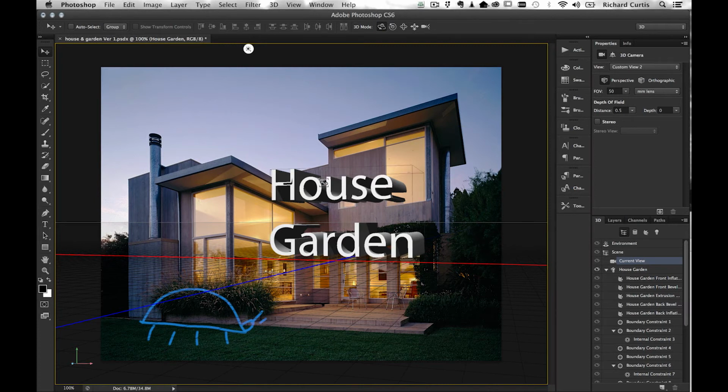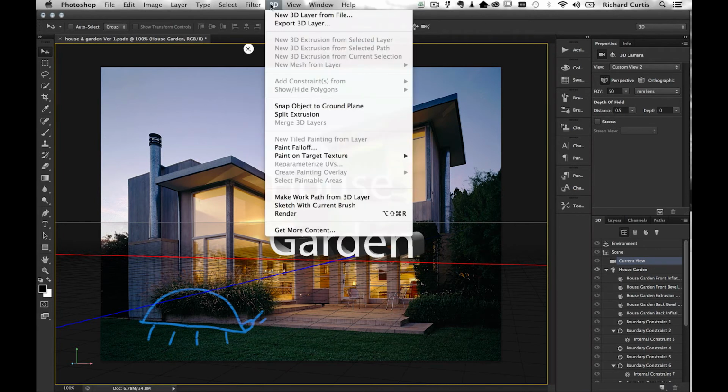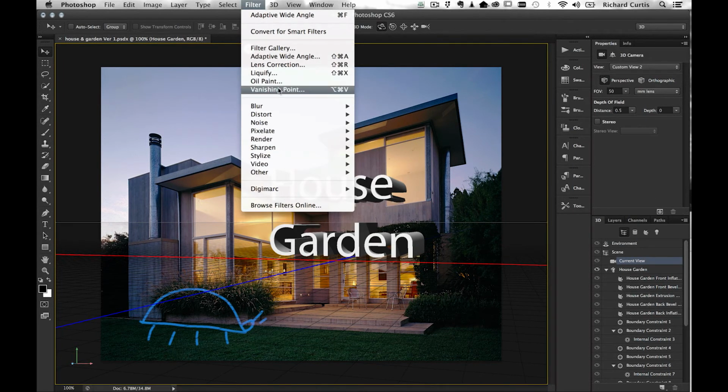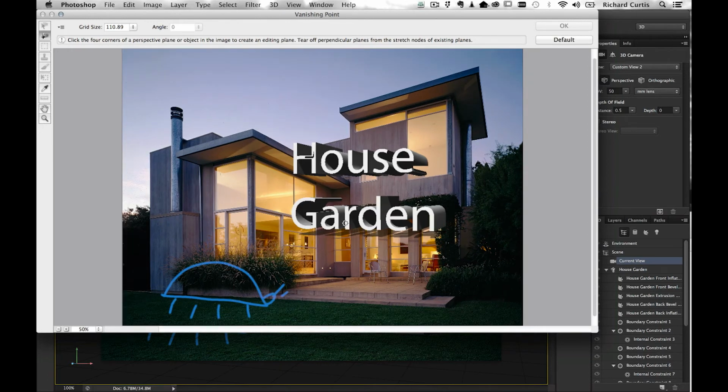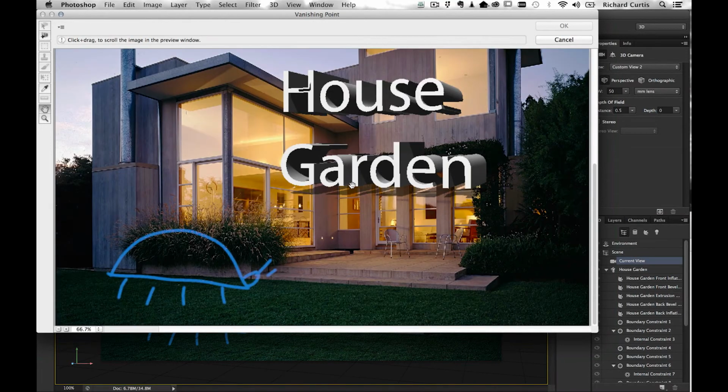Now that I've done that, I want to create a new vanishing point, and I can do that very easily by going into the Filter menu and going to Vanishing Point. This takes me into Vanishing Point mode, where I can create my Vanishing Point grid. I'm just going to zoom in by pushing Command plus, or Control plus on a PC, and use the space bar to move that around. I'm then going to use this grid down here, or this little patio, to create